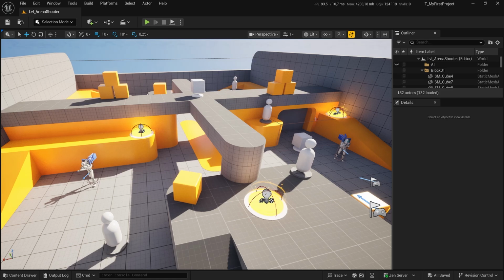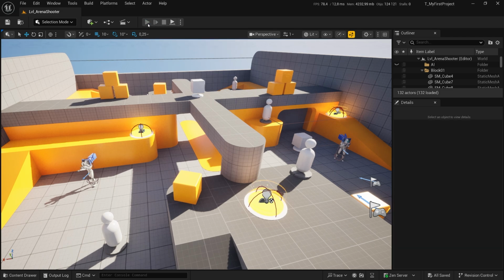Let's test the game that the template has given us. In order to do that, we have two options. We can either use the simulate level, which will run the level without me as a player. It's very useful to debug some stuff and to test some interactions, but the one that I want is this big green button. And you can use the shortcut Alt P to play the level in the active level editor